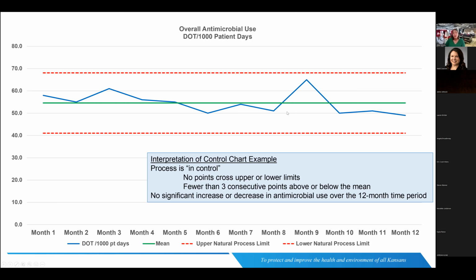If you are looking at a control chart and this is what you're seeing, this is normal. This is good. This means everything is sustained. So even though you're seeing this peak here of utilization, some increases in utilization, this is a good way to explain how this is a normal and expected variation in your use. If you have people that are really in tune to this or are prone to asking a lot of questions about, well, why did it increase here but decrease there? Control charts are great tools to explain how this is normal and expected.